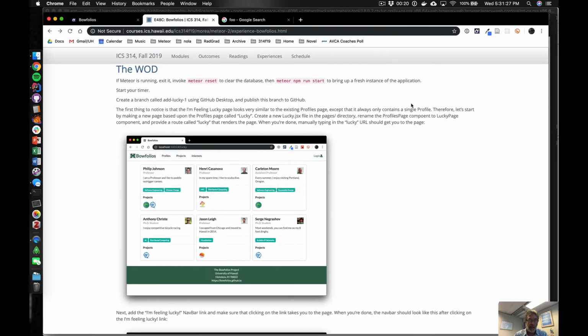And then we go back to here, and so the first thing to notice is that the I'm Feeling Lucky page looks very similar to the existing profiles page, except that it always contains a single profile. So the way I would start by doing this is creating a new page based upon the profiles page called